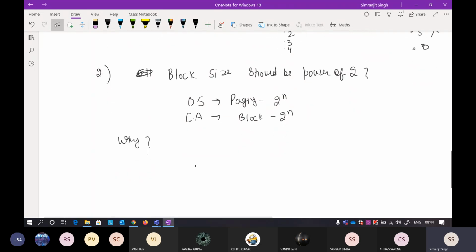I'll show you. This is a very important and very interesting concept. I'll take a simple example. Suppose I have something like 1011. When you are dividing something in computer science, it's very easy. Why is it very easy? Because everything is in the power of 2.